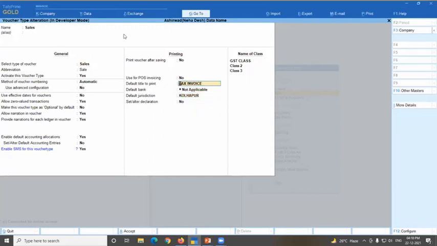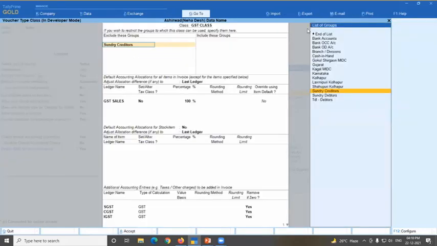Create your own vouchers instead of various classes. You can create your sales GST, sales class 2, sales class 1 that way, and you can select your voucher titles like GST invoice, tax invoice, labor invoice, invoice cum delivery challan. So that is possible. So title is only one, and classes impact your data entry speed, or you can say data entry configurations. And the report is not impacted by your voucher class.